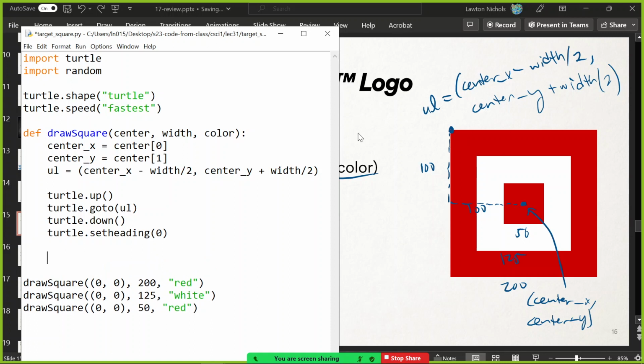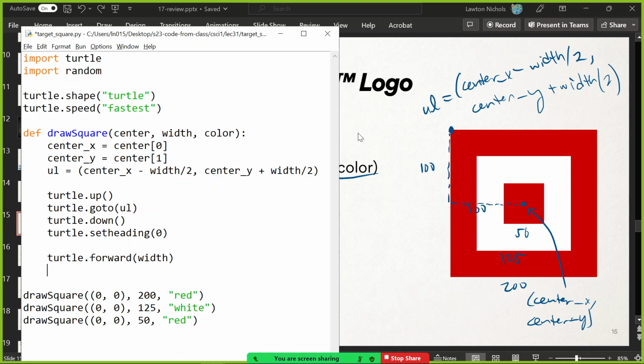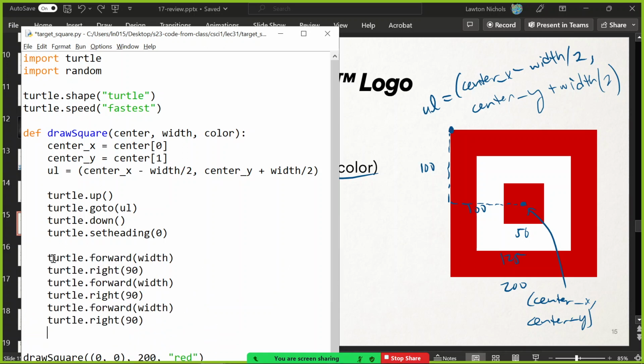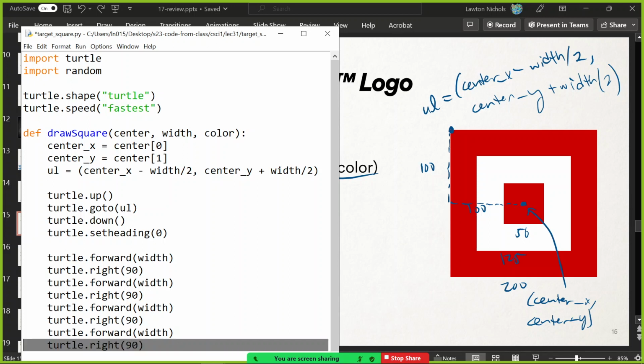All right, so that's what we want, and then we want to draw a square. So let's draw that square first of all. So it's turtle.forward. We'll deal with color in a second. Turtle.forward by the width. So that was 200, right? That was the upper side, and then we turn right 90, and then go forward by width again. That's the game we keep playing. Boop, boop, boop. And so once we've done it 4 times, we've drawn all the edges.